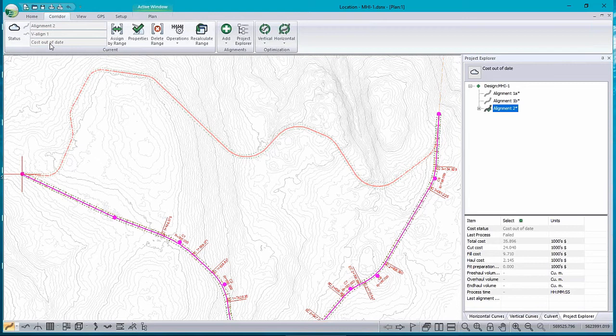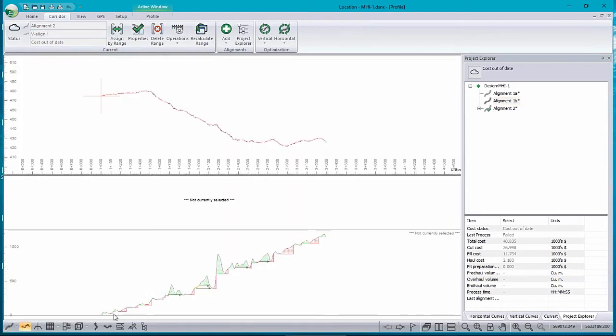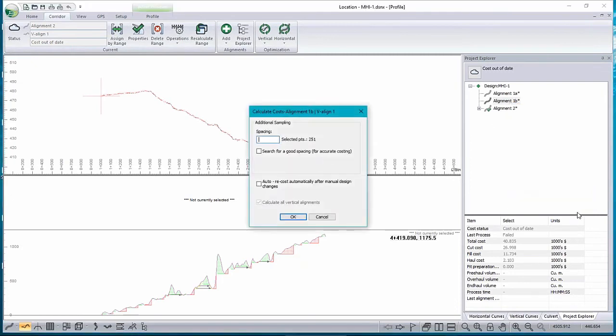Alignment 2 versus alignment 1, cost out of date. I need to recost if I want to see the numbers down here, bottom of the screen. When I select a different alignment, those don't change. That's still the current alignment. So the corridor still shows you what the current alignment is. And if you were looking at something like a profile and a mass haul, you would see, okay, now notice it says not currently selected there. Let's just update the recost. I can do that from the tab,